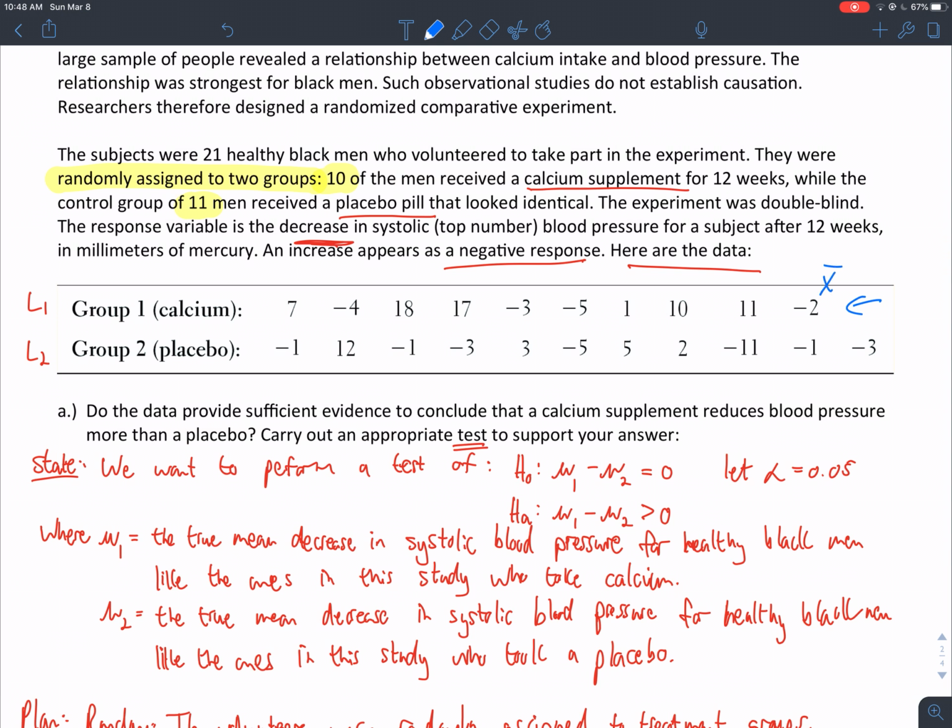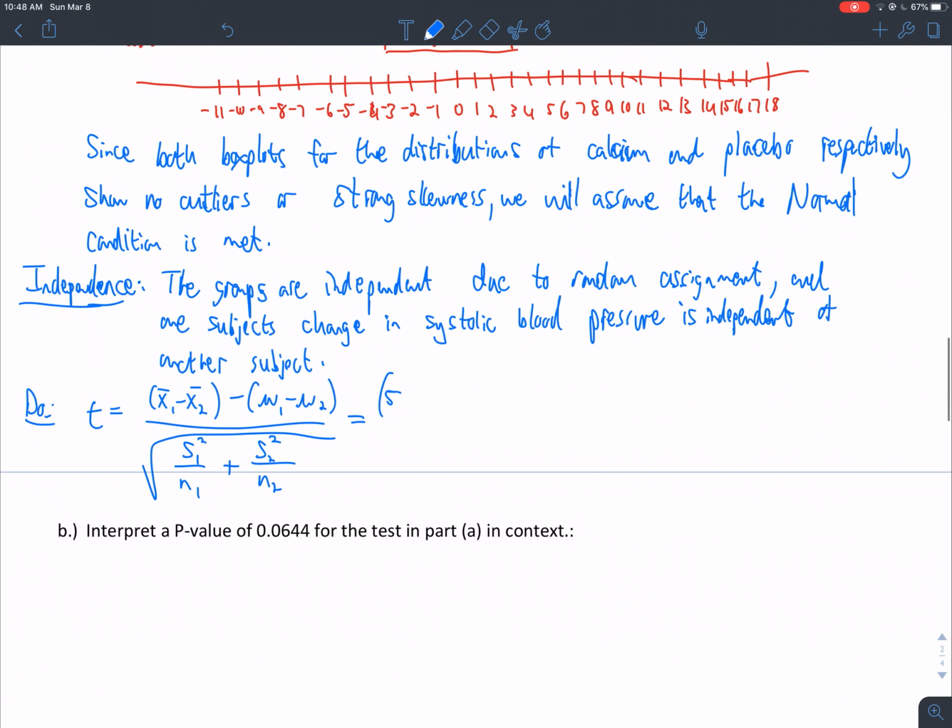Okay, my x bar here is 5, and my x bar here is negative 0.273. So you plug those two in, 5 minus negative 0.273. That's my first set of parentheses, minus,